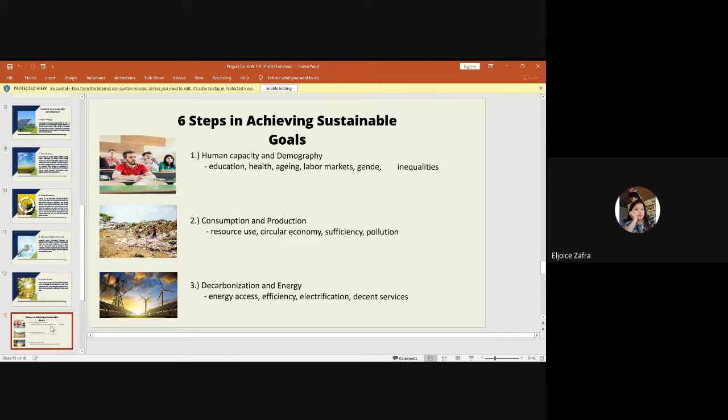Consumption and production. Responsible consumption and production cut across several of the other transitions, allowing us to do more with fewer resources. We need to adopt a circular economy approach and reduce demand. Example is our resource use, circular economy, sufficiency and solutions. Last,